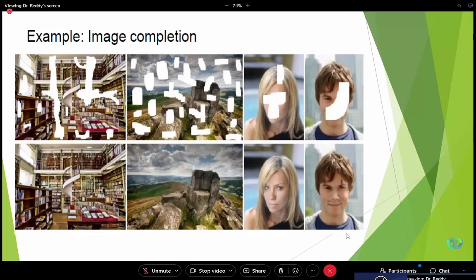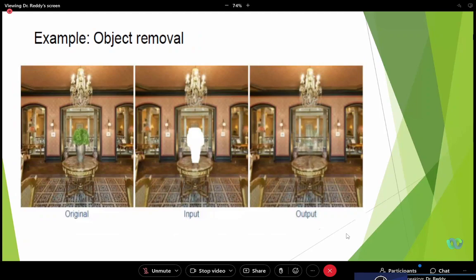Are you following me? So image completion is a very challenging problem. Image completion is very challenging compared to others, because here it is very important. Now this is also almost an image completion problem. If I give this one input, can you map this to the image completion problem? The same image completion we talked about. Now in this example, can you talk about the image completion problem? Same example.